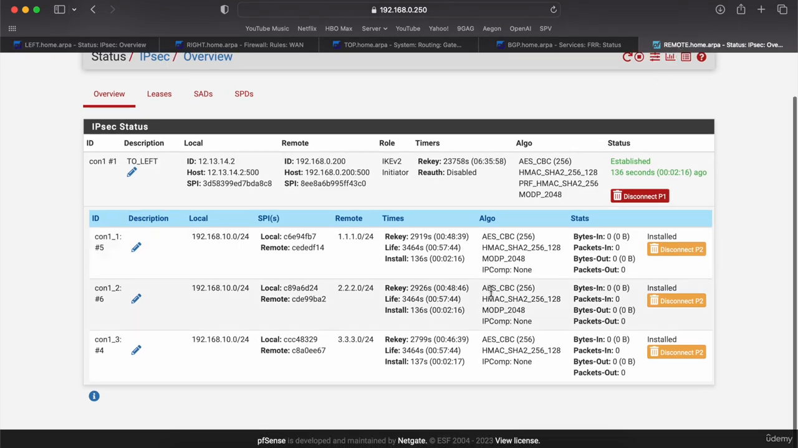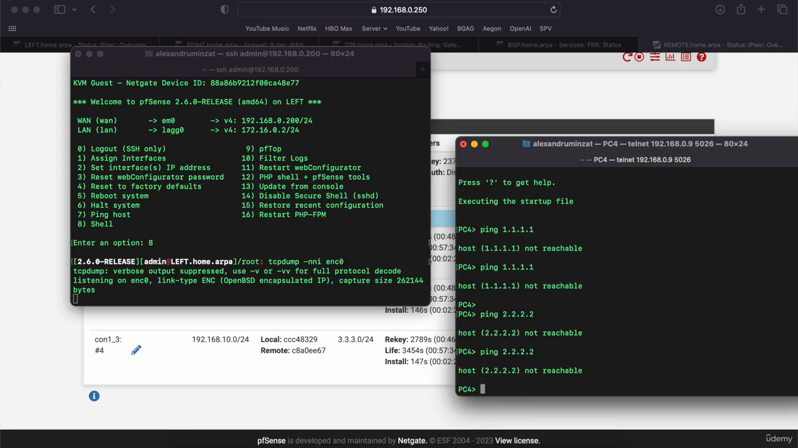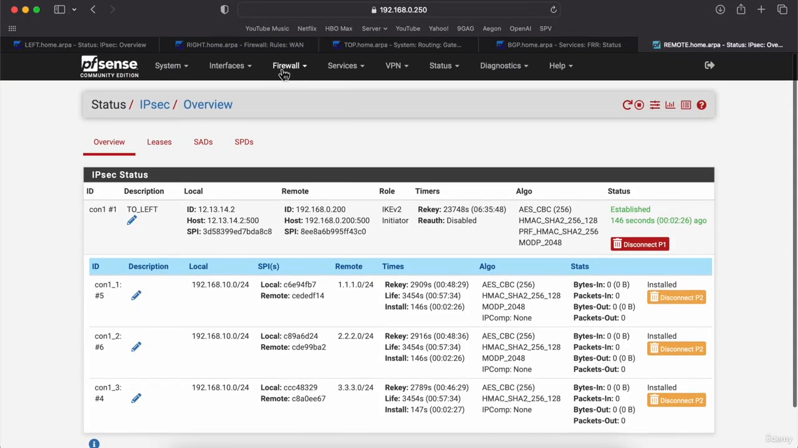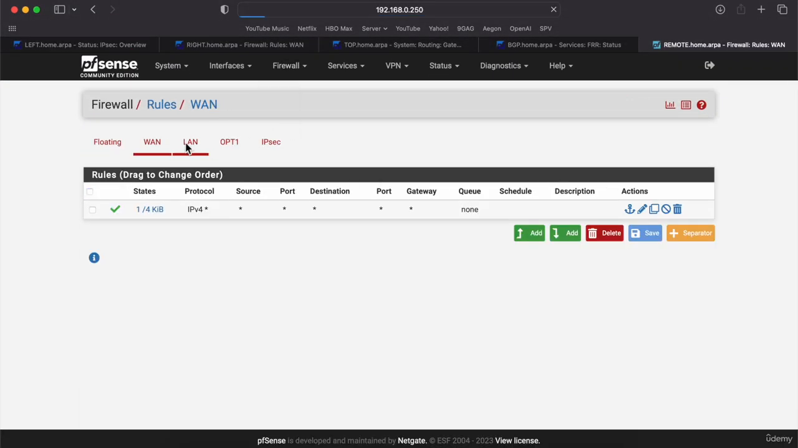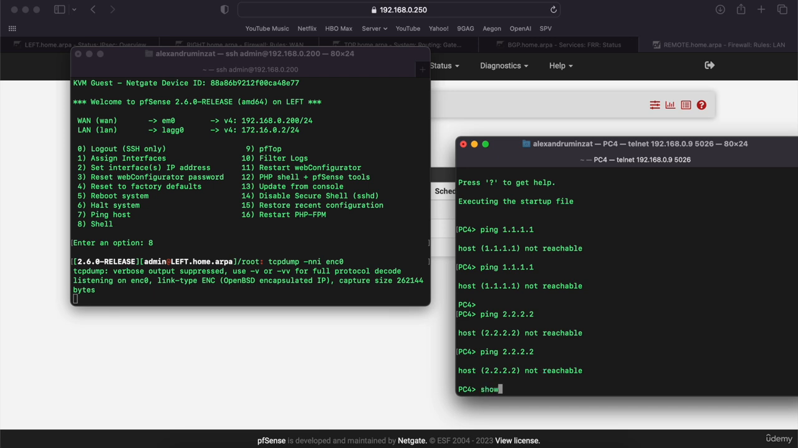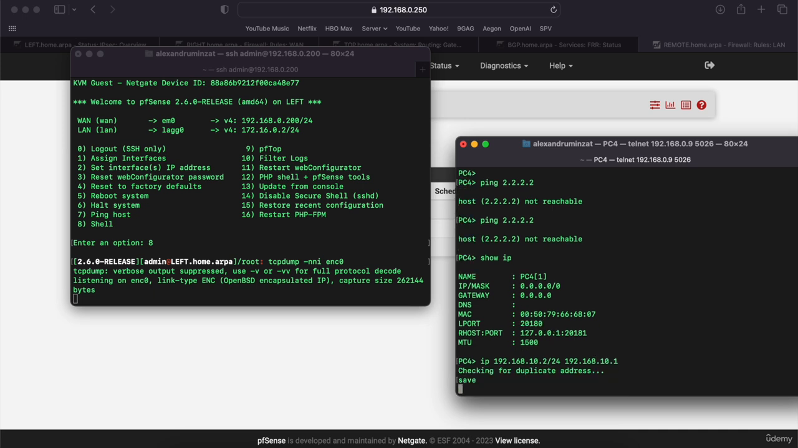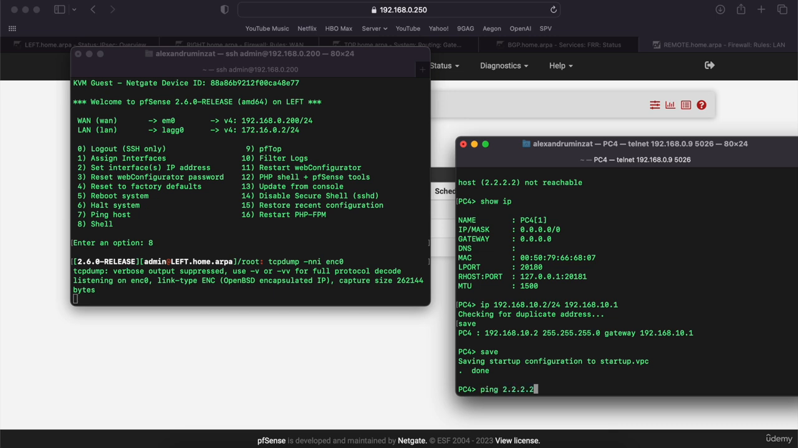Okay, the thing is that everything is looking fine here, and should be able to ping the IP addresses. Let me check just one more time the rule on the LAN interface, and I can see that they are unrestricted. Let me check the IP configuration. Okay, and I found the problem. 192.168.10.2/24, 192.168.10.1. I will save the configuration